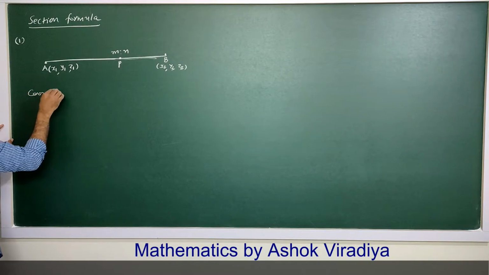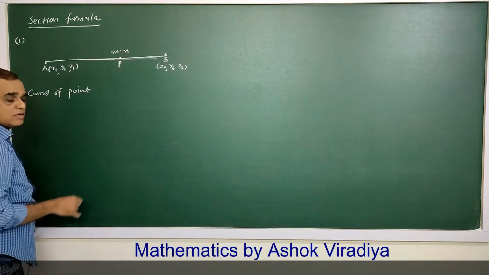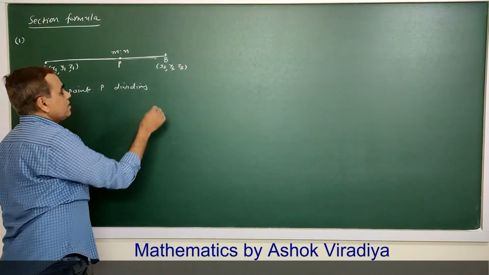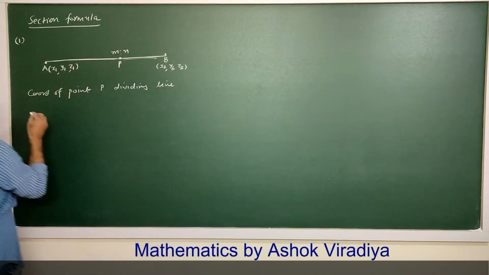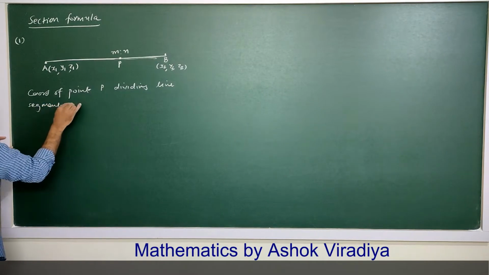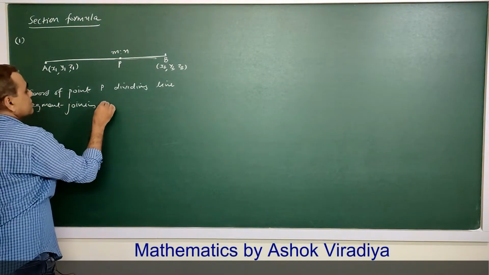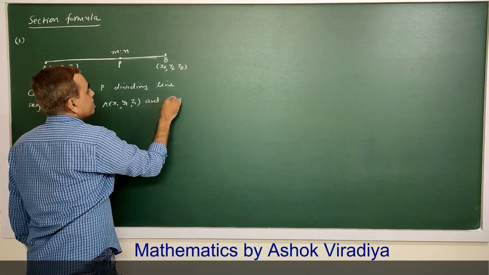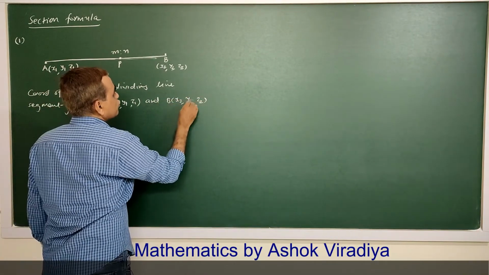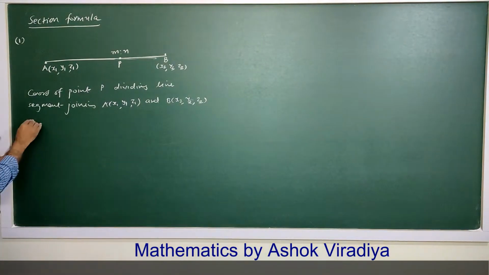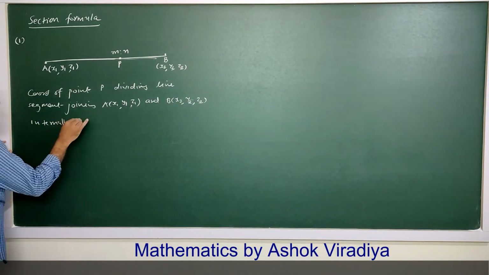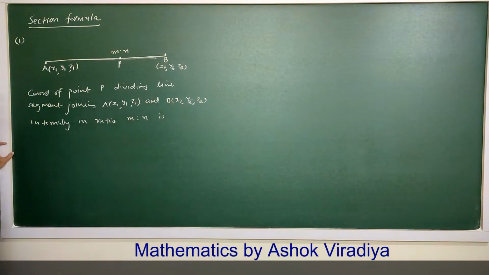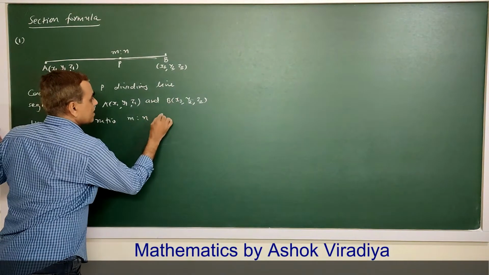Coordinates of point P dividing line segment joining point A whose coordinates are x1, y1, z1 and point B whose coordinates are x2, y2, z2, dividing internally in ratio m is to n, so coordinates of these points are,